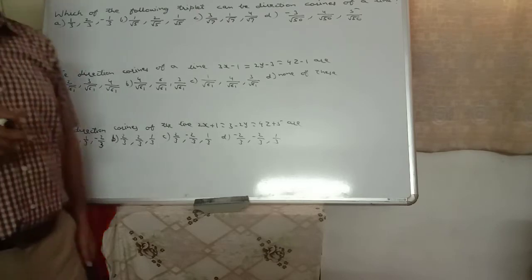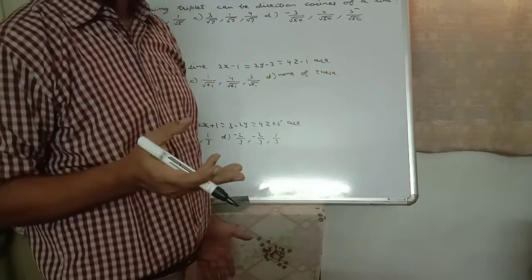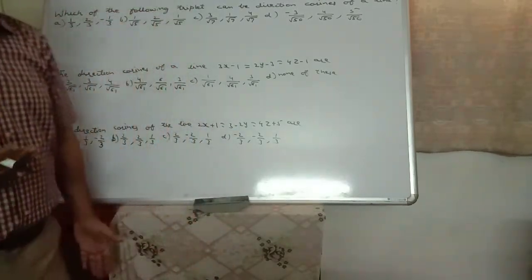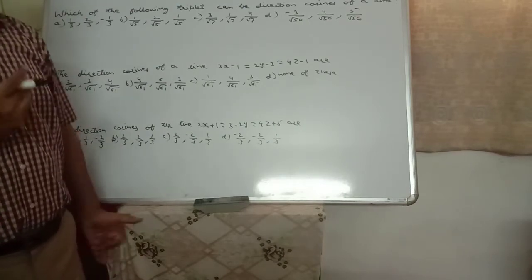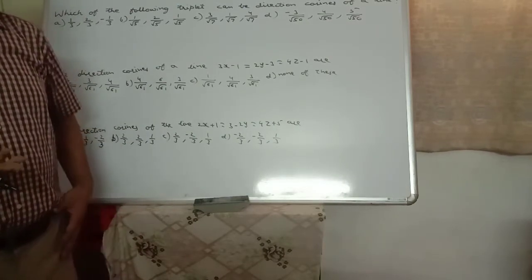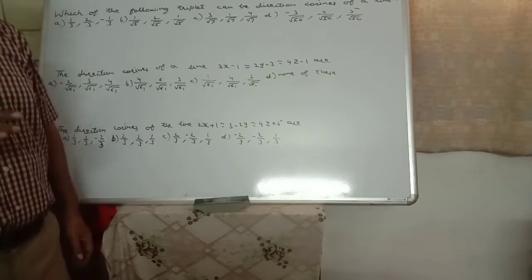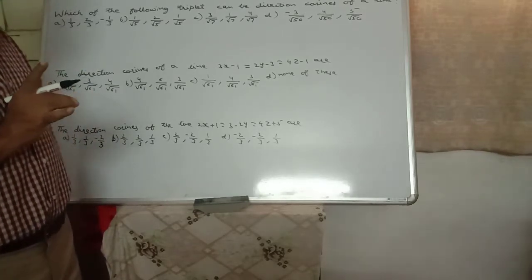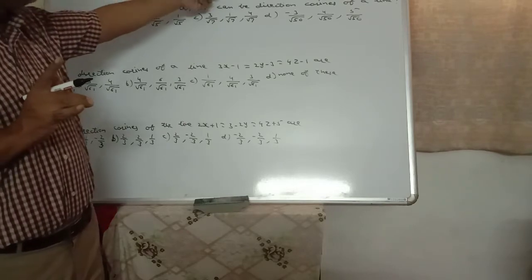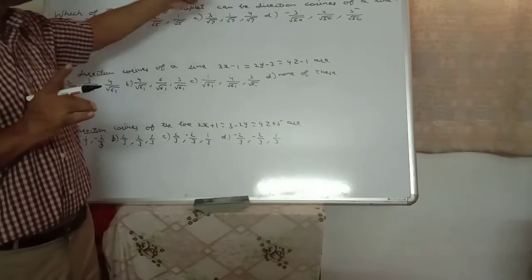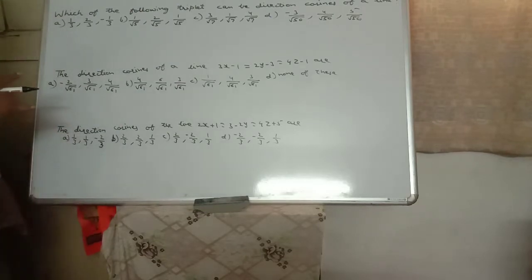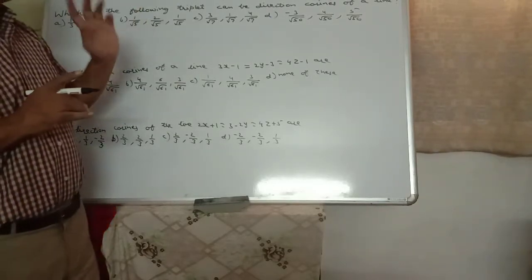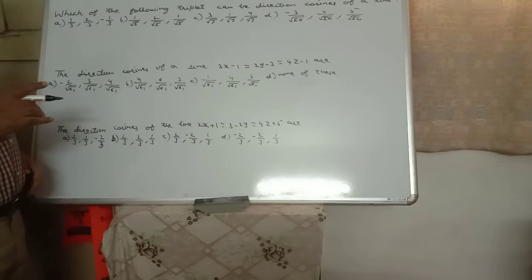As the direction ratios of the two lines are the same, they are either parallel to each other or they coincide with each other. So here two options are remaining: either they are parallel or coincident, option B or option D. To verify that,